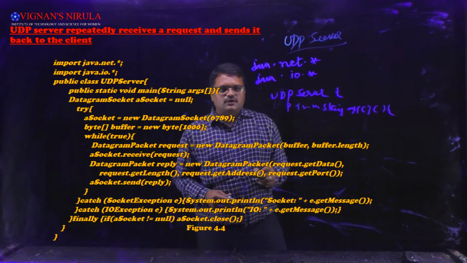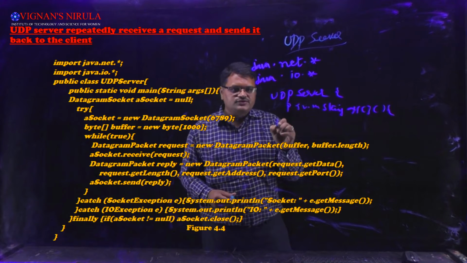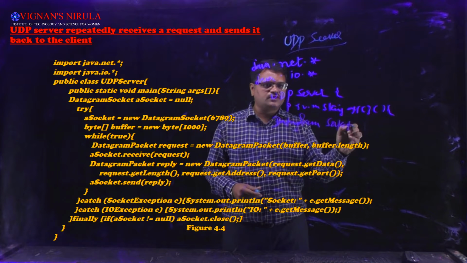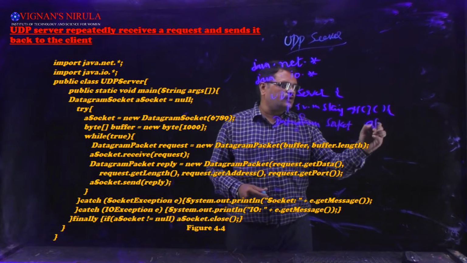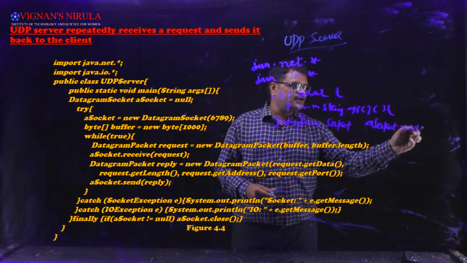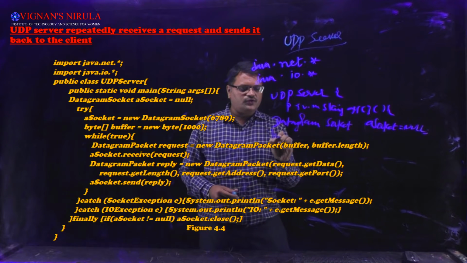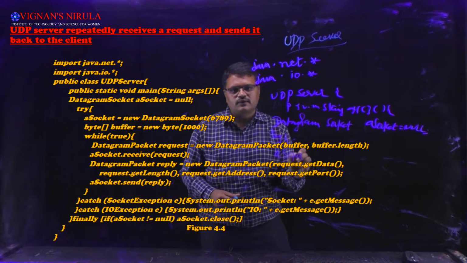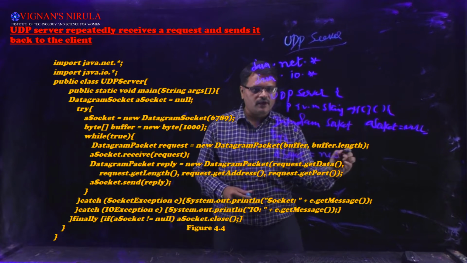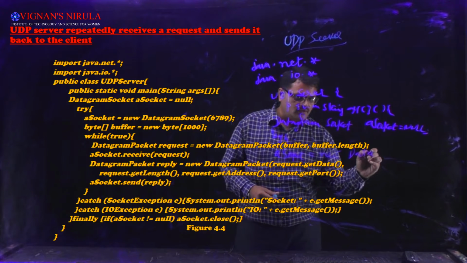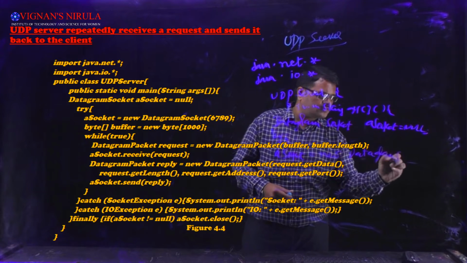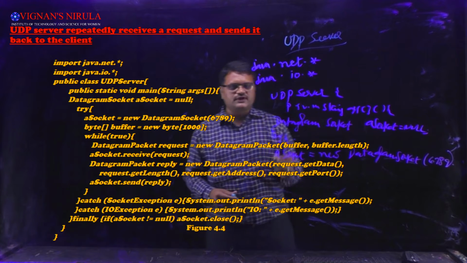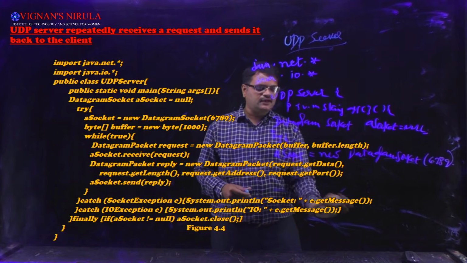Okay. So we will create a socket again using DatagramSocket. Since it is UDP, we have datagram sockets only. So DatagramSocket aSocket = null, and now try: aSocket = new DatagramSocket of the port which we have given. So 6789, the port which we sent from the client side, that is 6789.